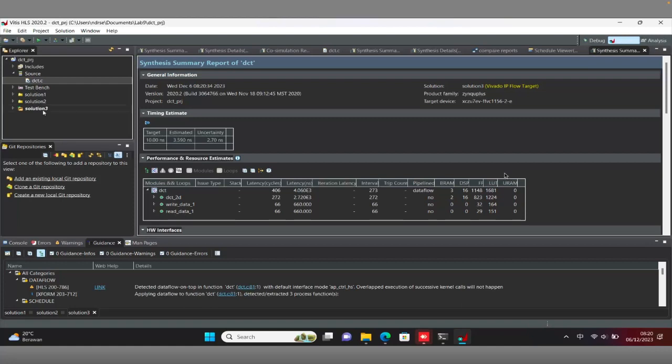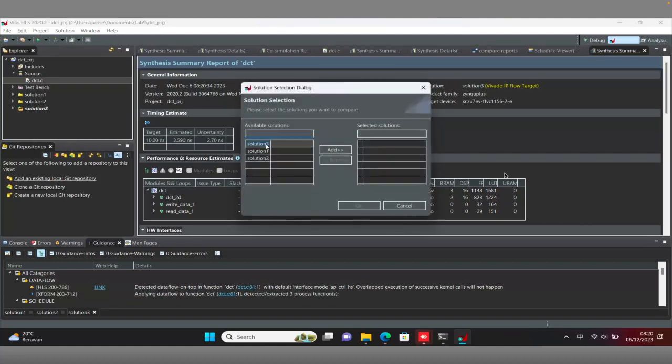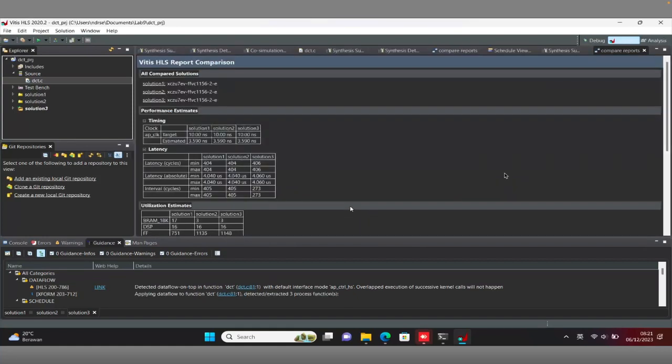Okay, this synthesis is finished. Now we will compare solution 1, 2, 3. Okay, now this is the comparison. As you can see, even though the latency is almost the same, 404, 404, 406, the interval from one cycle to another cycle is reduced from 405 to